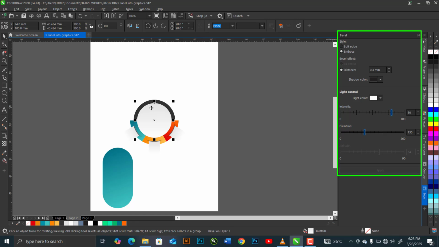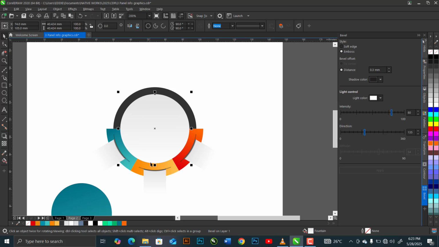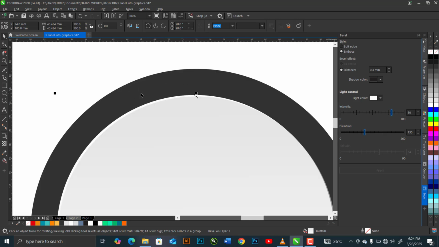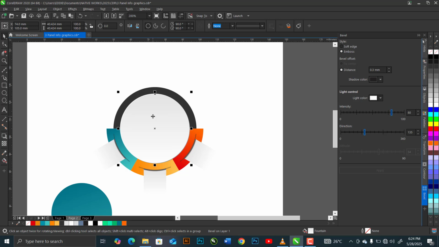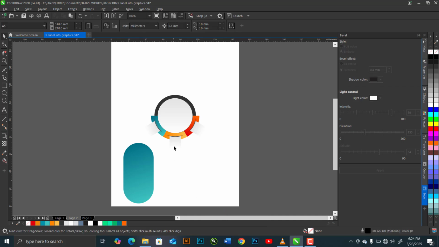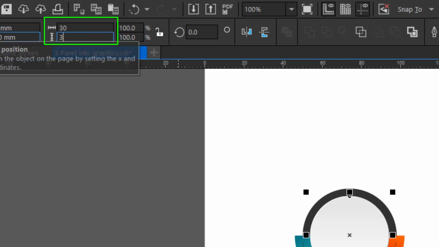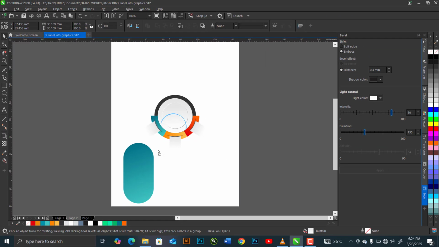Select the innermost circle and give it a bevel effect. You can find bevel under the effects tab and give it a bevel effect of about 0.3 millimeters. Make sure emboss is set. Make a copy of the circle and change the size to 30 millimeters and position it on our